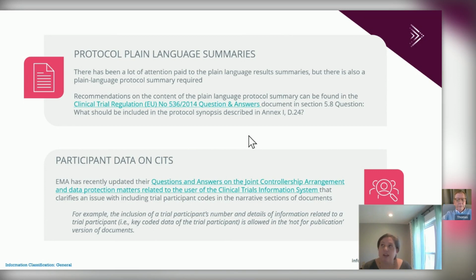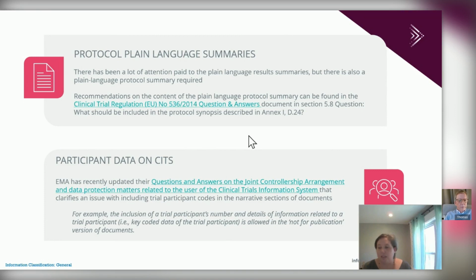And that was okay until people started thinking about it. Well, you know, there are certain sections of the document that are pretty easy to not include in that. But when you're talking about a narrative, for example, or maybe even an adverse event, you will need to reference the specific coded patient information or participant information to give the regulators the information that they need to provide the context of that. And so it came up rather recently, and they took a stand on it also rather quickly